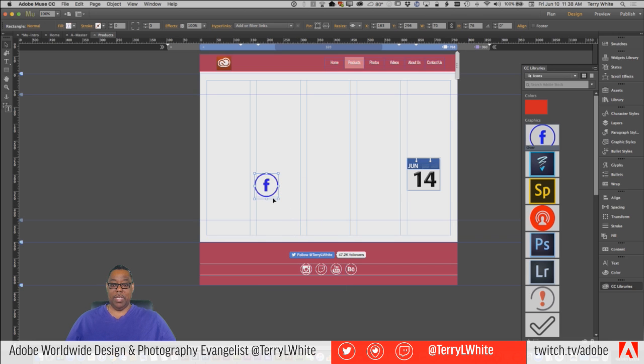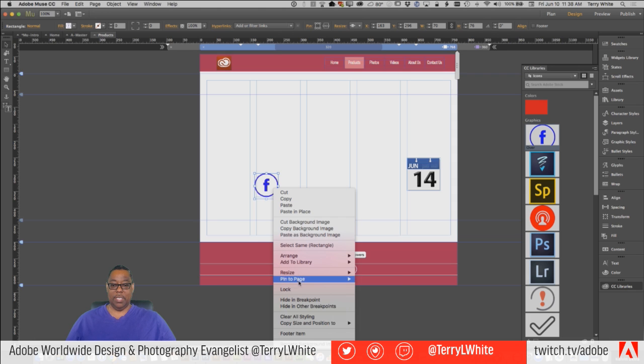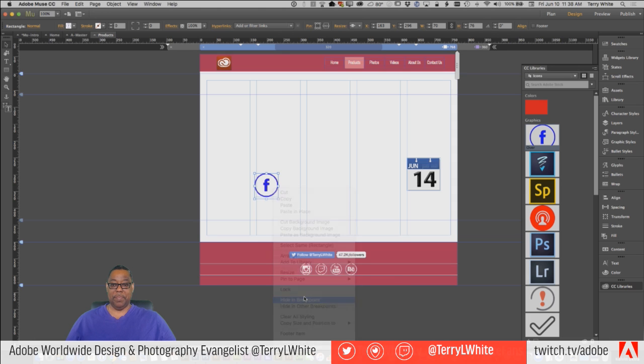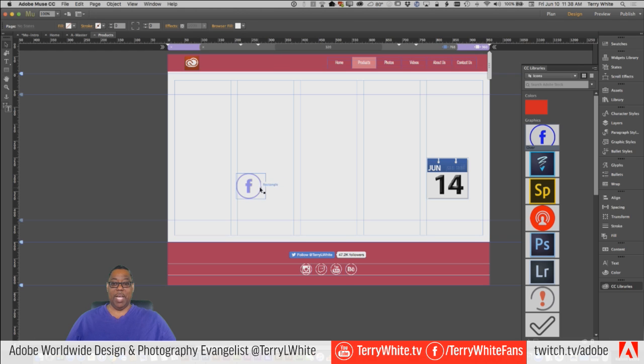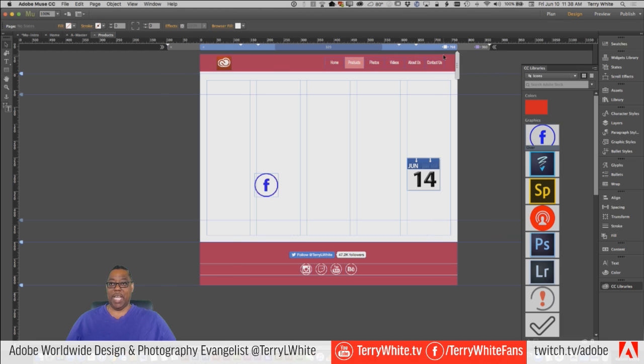And the one below it, we're going to say hide in this breakpoint. So now when we're zoomed out, we have a rollover version. When we're down to a tablet and smaller, we have the static version that doesn't turn light blue.